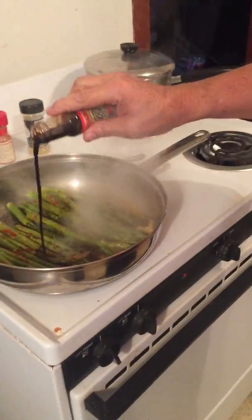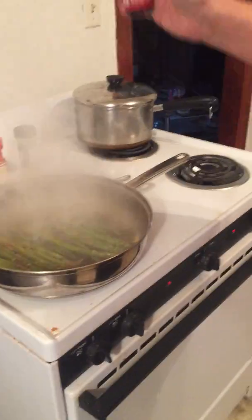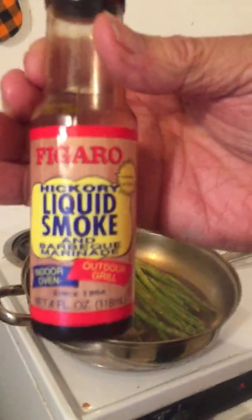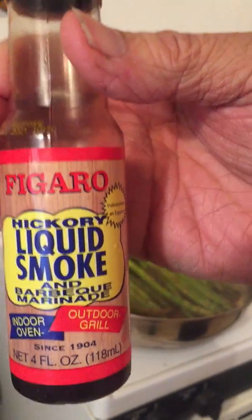I'll also put a little liquid smoke in that. Liquid smoke. And that makes it real good. So at the same time, I'll put the top on that. Kind of steam it. Okay, what do you say? Steam it. It'll kind of steam cook,